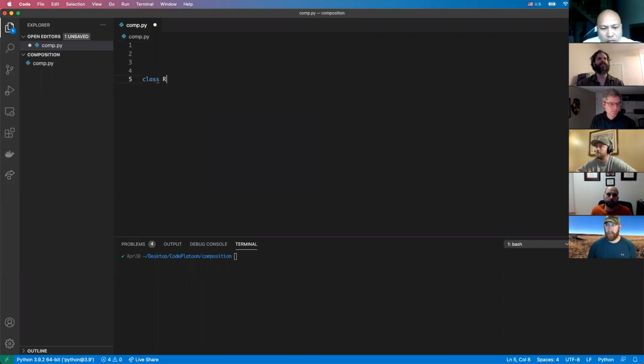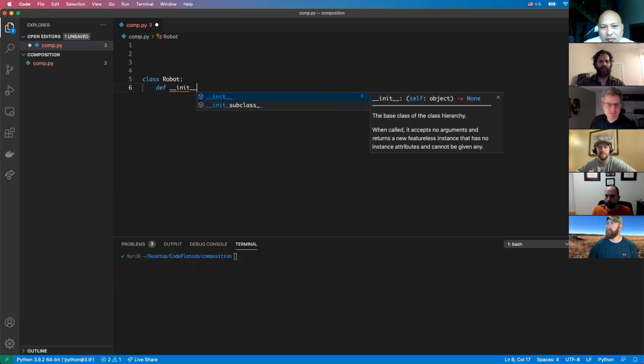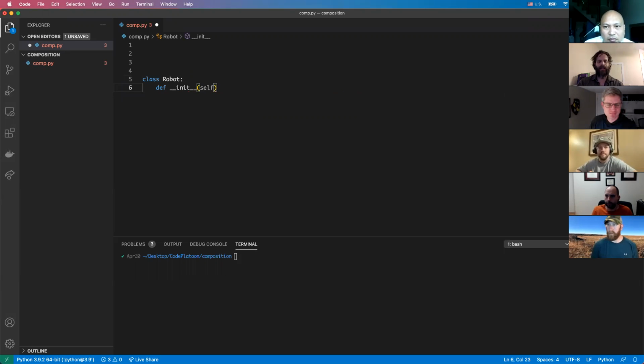So class Robot, and then def __init__. Let's say a robot is going to have certain features. So a robot will have a head and a body and